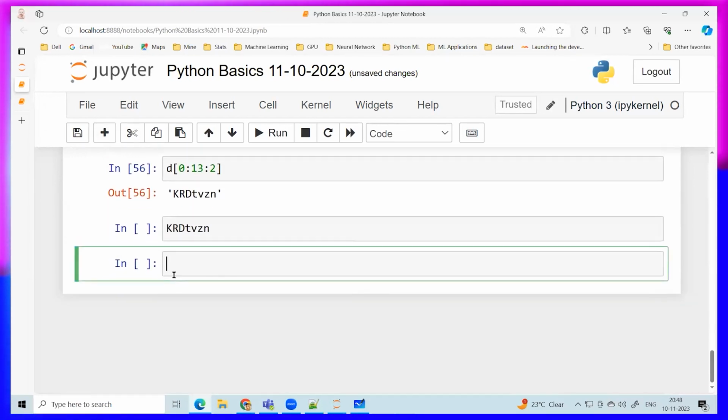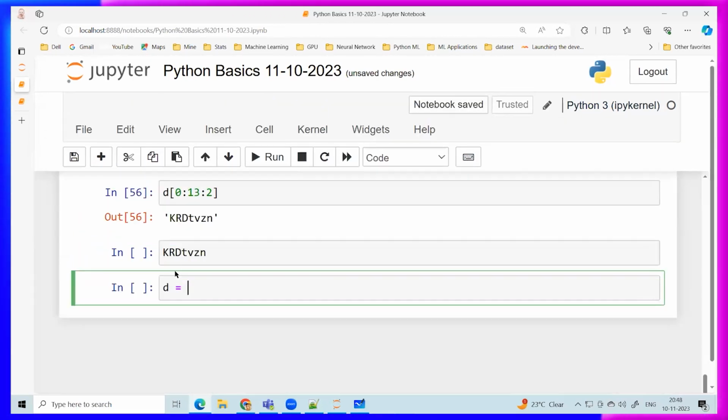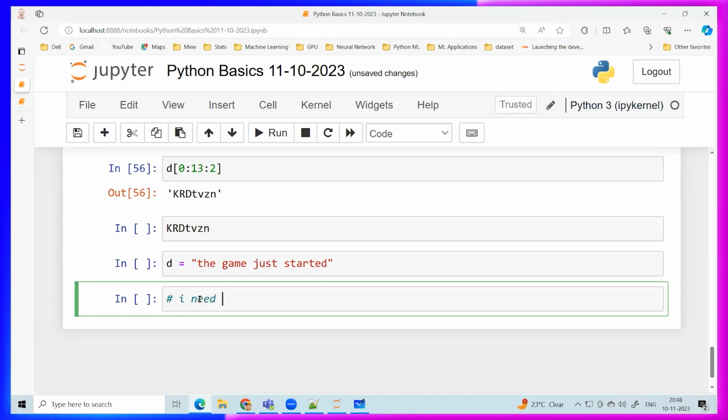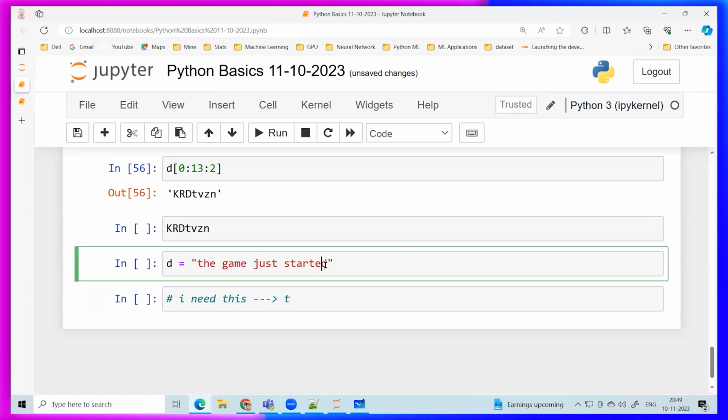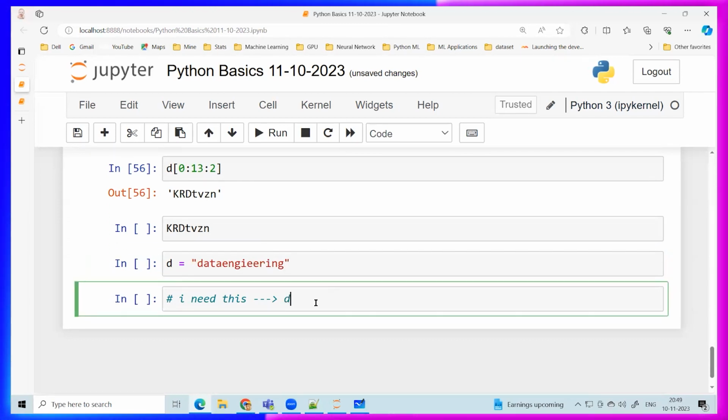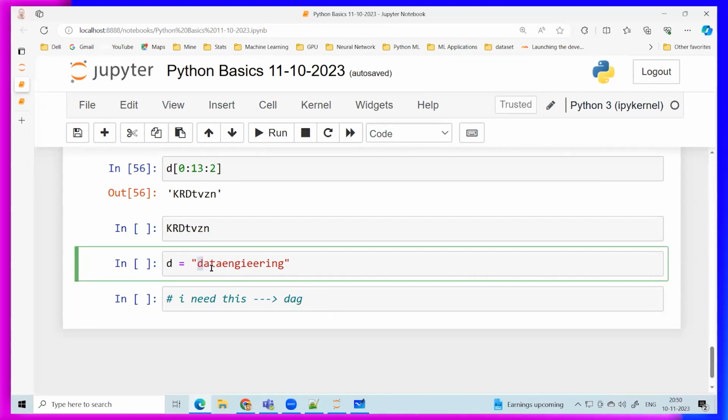Now listen carefully. Let's see who will answer this. Tell me, I need this. Who can tell me this thing? Let's make it simple. First I'll take one word, then I'll do it for double words. So I need D A G. What should I do? I want D, I want A, I want G. What should I do? Santosh,